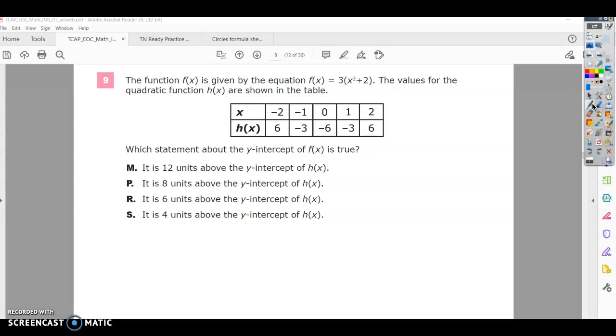Right, this is number 9 on the Math 3 EOC practice test. The function f of x is given by the equation. The values of the quadratic function h of x is in the table. So we have two different functions here. You need to make sure you are aware this is,